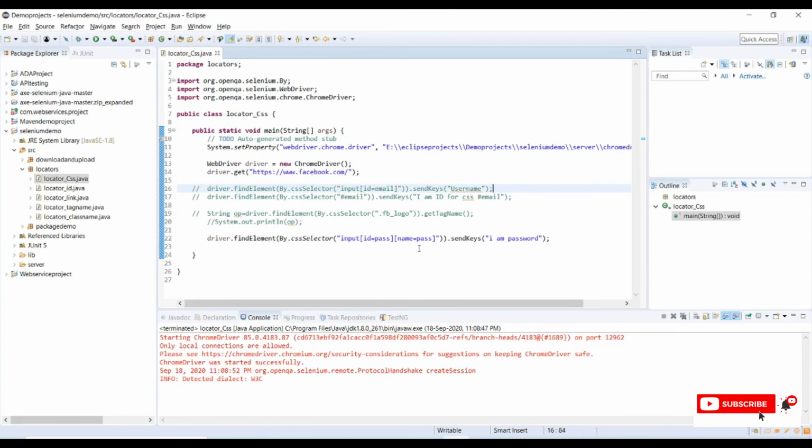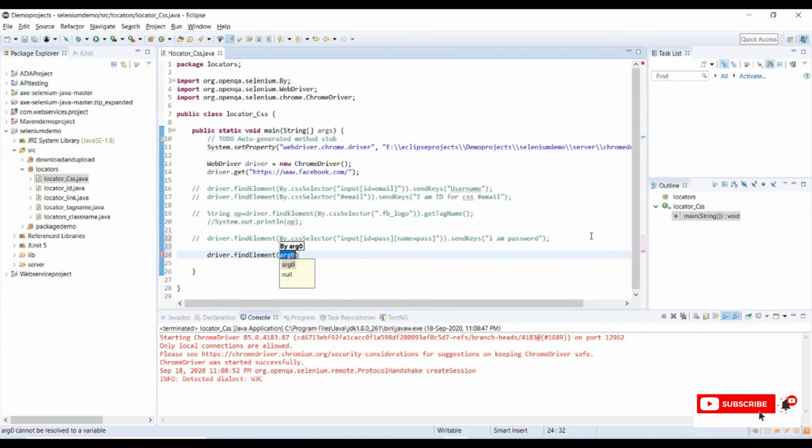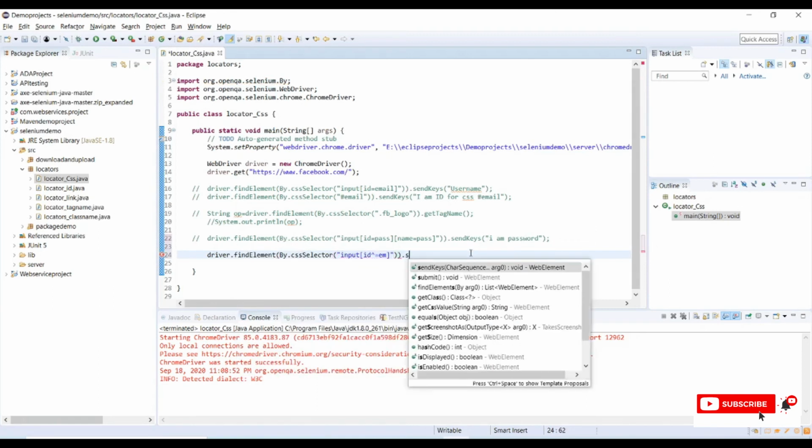Let's go back to Eclipse again. Driver dot find element, and that by dot CSS selector and value as this one, and we need to pass send keys.